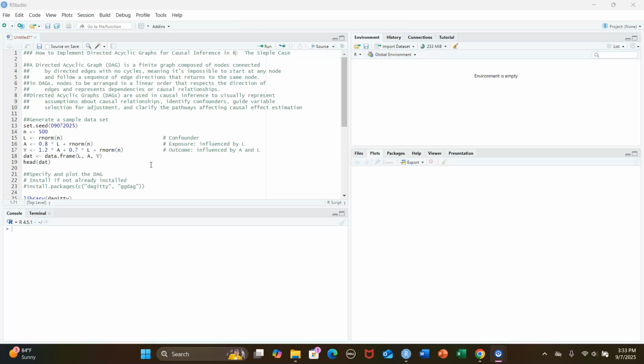Okay. So a directed acyclic graph, DAG, is a finite graph composed of nodes connected by directed edges with no cycles, meaning it's impossible to start at any node and follow a sequence of edge directions that returns to the same node. In DAGs, nodes can be arranged in a linear order that respects the direction of edges and represents